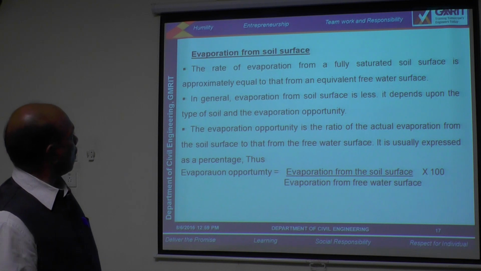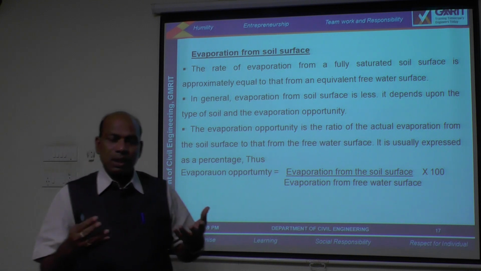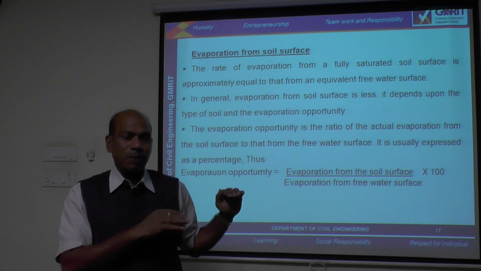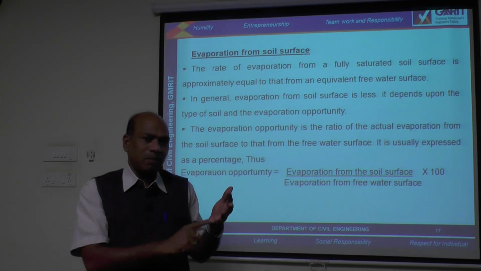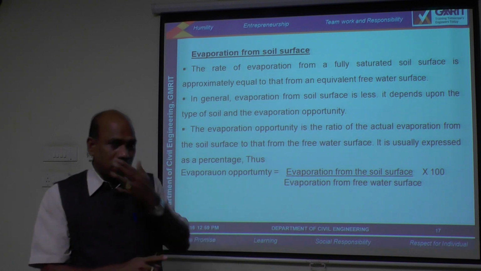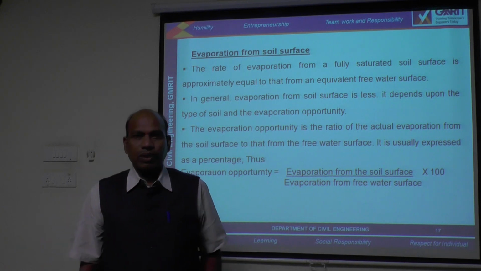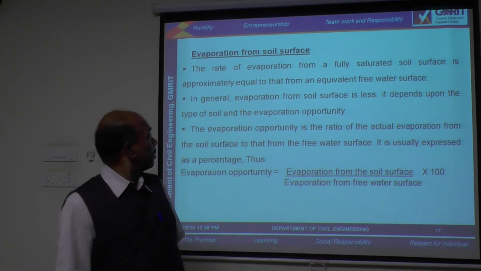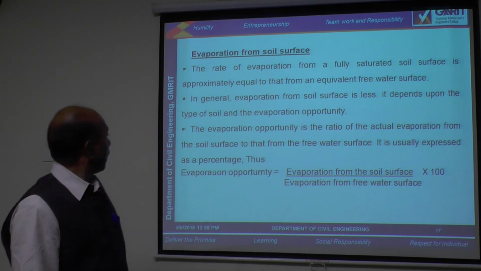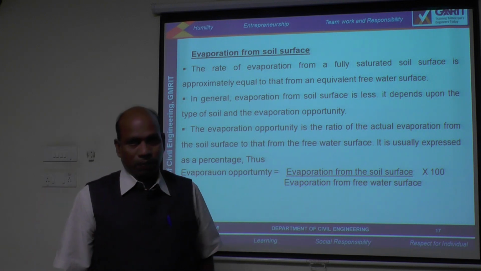And last one, evaporation from the soil surface. So we already estimated the evaporation from the water surfaces. We have different methods for the estimation of evaporation from the water surfaces, that are the empirical methods and evaporation pan methods. But the water surface evaporation is, compared with the soil evaporation, a little bit more. Evaporation from the soil surfaces, the rate of evaporation from fully saturated soil surfaces is approximately equal to that from the equivalent free water surfaces, but